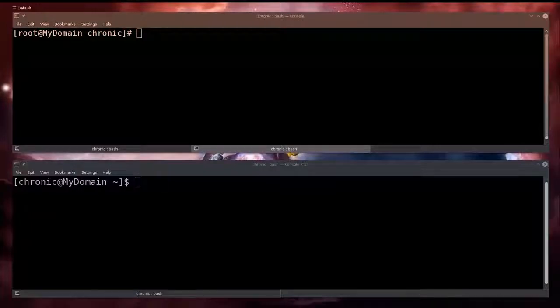Anyway, let's go ahead and set this up. So what I'm going to show you now is how to use a Tor browser, not how to use Tor as a service. Tor as a service, I do believe that in all likelihood I'll show that later on. So just type